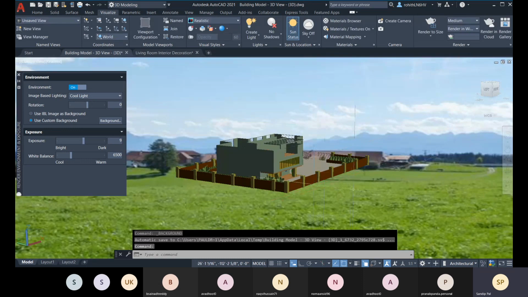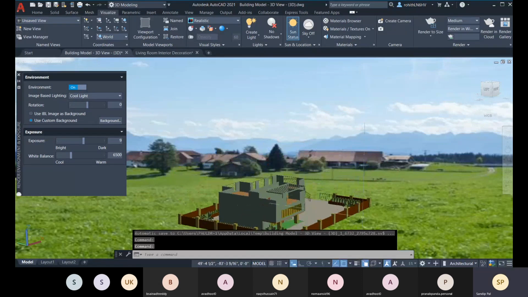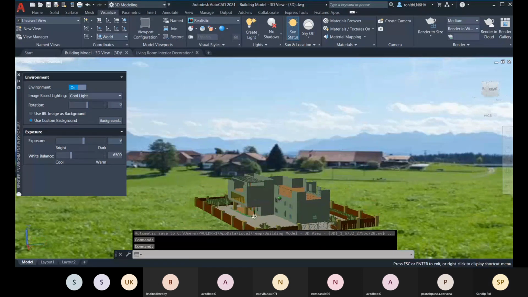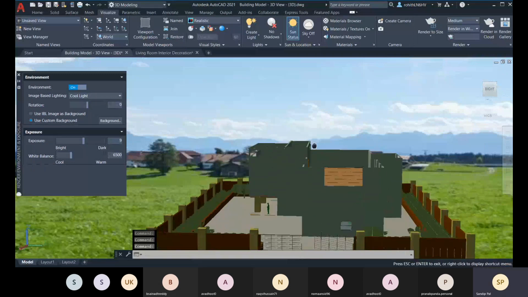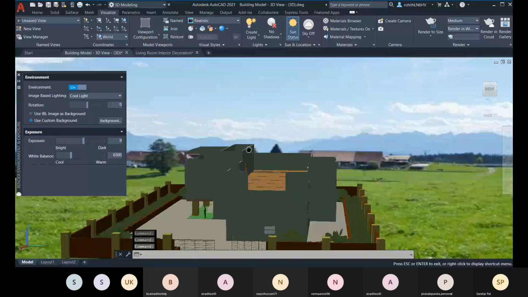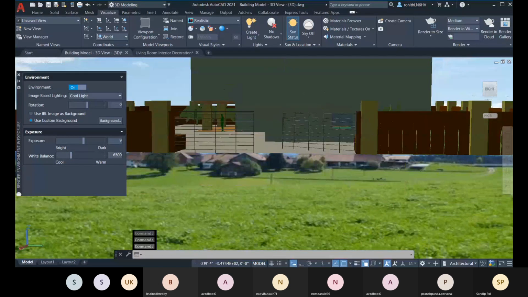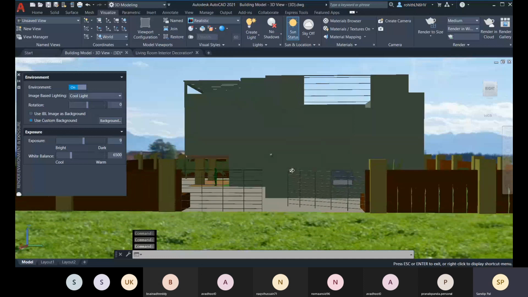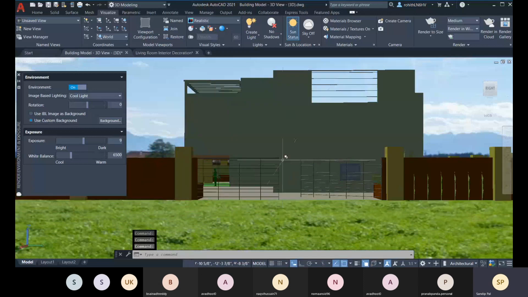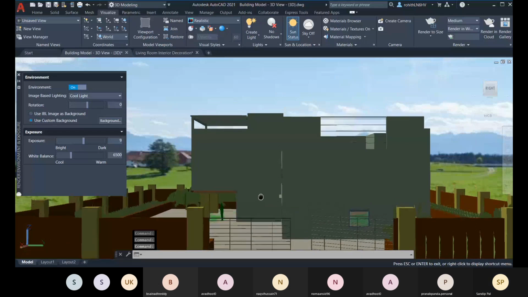And there you can see this is the background. Now you just have to position your model and then zoom it in the view like this. As per the background, you have to set your view.